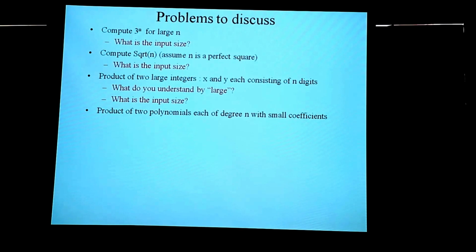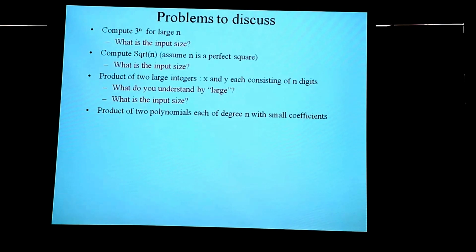I'm not bothering about the base. Just what I feel was that the people were getting lost with the m thing. Those who are comfortable with binary and decimal, they can contact me and talk to me about the m thing. Okay, I can explain that later. So x and y look like this, where each a0 is a single digit, a1 is a single digit. Each of these is a single digit, right? So each of them can be stored in a constant number of integer words, right? So each of these a_i is a single digit and hence a small number.